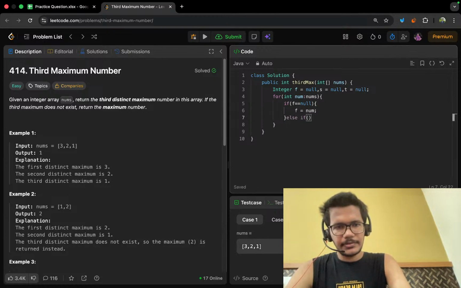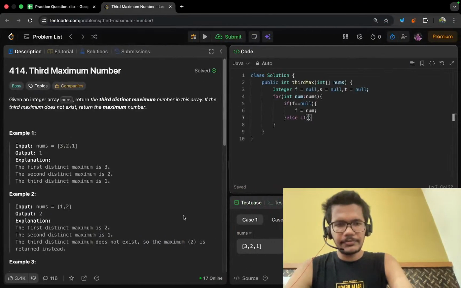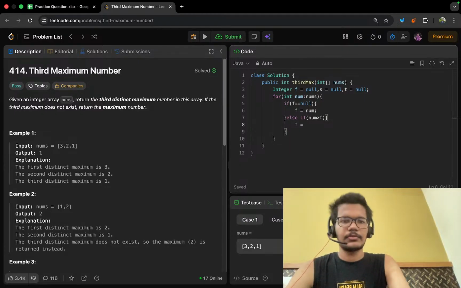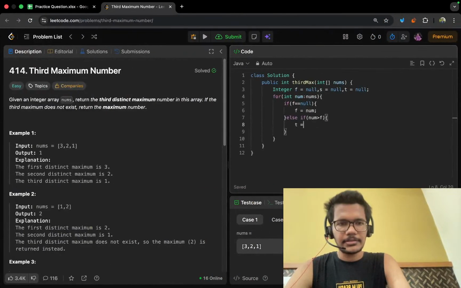else if, okay, what is the second condition? That if num is greater than first, then we have to make it also num. So no, if the num that we encounter is greater than first, then we have to make the third equal to second, second equal to first, and first equal to num. Okay, and if num equals first, then we have to